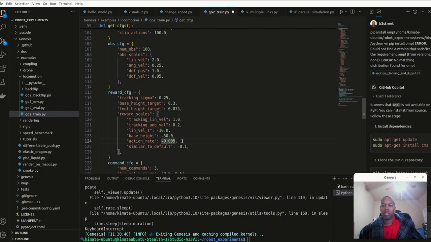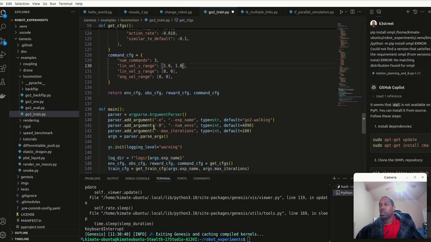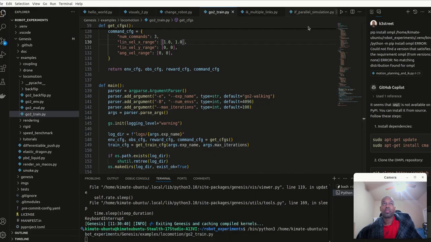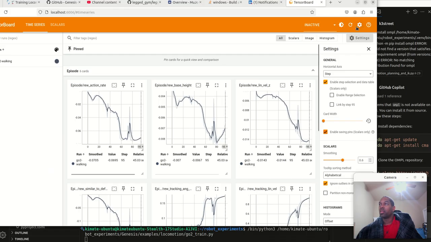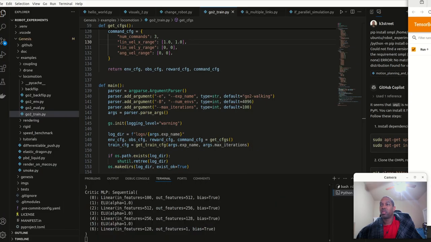And the action rate, let's change that to 10. And then let's speed this sucker up a little bit. 1.0. 1.0. Okay. Let's see what happens when we do this. It should be fun. Okay, again, it's going to modify our Tensorboard as it gets started. Just getting going, so it's empty. As it starts to train, you'll